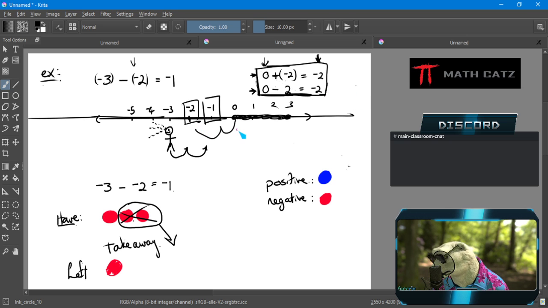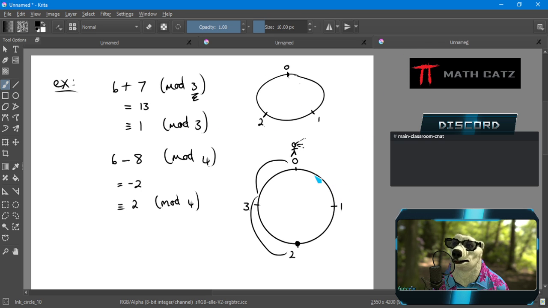Either way, I move 2 units left of 0. Doesn't even matter how. I could magically teleport there. -2 still tells me to get there. Nothing has changed when I'm on a circle. Think of teleporting if you don't want to think of the number line. I have to teleport or get 2 units left of 0.